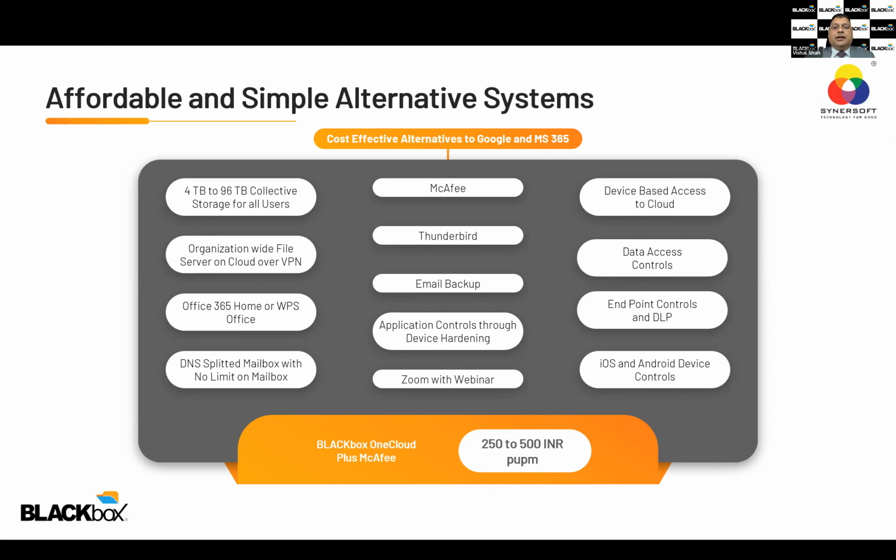52% found the idea of DNS splitter useful. 37% like the idea of device hardening. 41% like the idea of using Zoom. 37% like the idea of single agent DLP. 56% found the idea of using total cloud space for emails or whatever useful, there should not be any limitation. Then 63% like the cost effectiveness of BLACKbox Cloud. So now coming to the questions. Yes, Mr. Dalal, it can be extended up to 300 users.